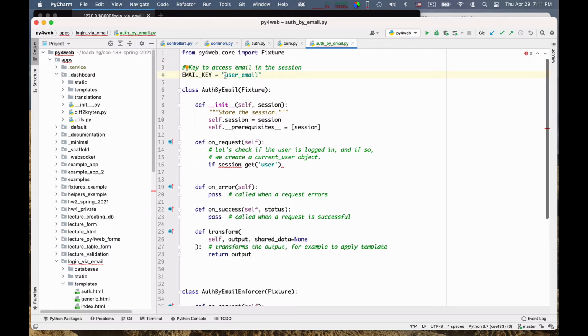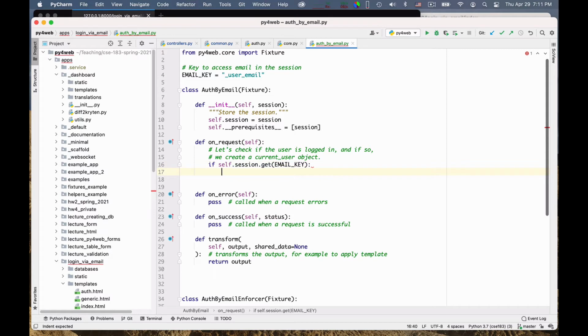In fact, maybe it's better to have this internal stuff begin with an underscore. So if session.get email key, okay, and this would be a self.session, what do I do? Then it means that the user is logged in, and so I can return a current user object, okay, which is just a dictionary that contains an email.